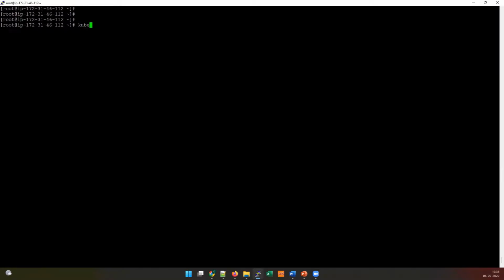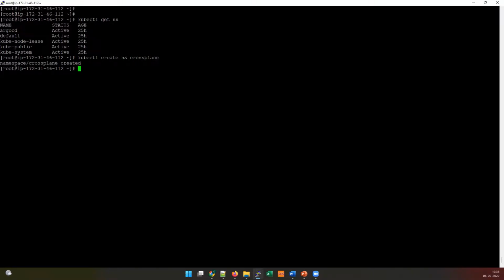So let me see my Kubernetes cluster. kubectl get ns, there is no namespace currently, so I'm going to create a separate namespace for Crossplane. I'm going to name it Crossplane only. So this will be my namespace,